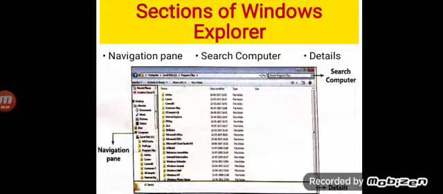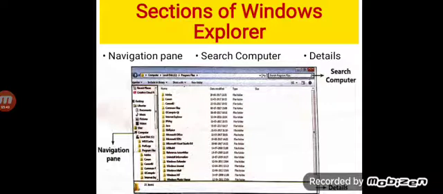But you don't know where you have saved your file, in which drive, whether you have saved on desktop or in some drive or in some folder, but you remember the name of the file. So what you'll do, you will write Swaminarayan School in this search computer, and you will click on go, and what will happen, you'll get the file over there, right?